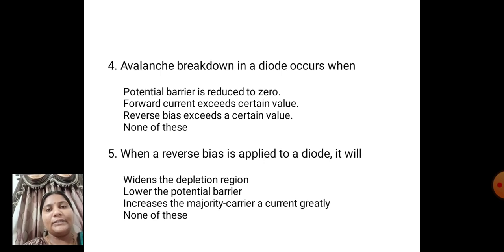Rectification simply converts AC voltage to DC voltage. So for the understanding of rectifier, all of you students should know what is AC voltage and what is DC voltage. If you don't know about AC voltage and DC voltage, you can't understand this topic, rectification. And even rectification is an application of PN junction diode, and we'll see how many types of rectifiers there are.